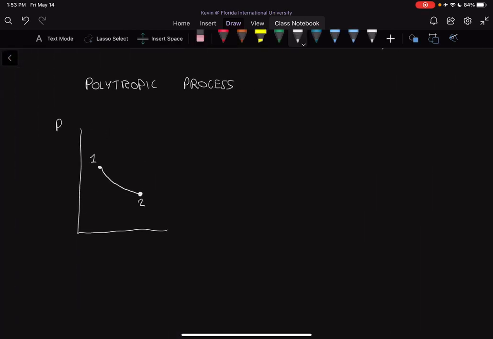Obviously finding the area under the curve of this line is not as easy as our previous examples. So the polytropic process is an example of an analytical relation between P and V, and it may be described